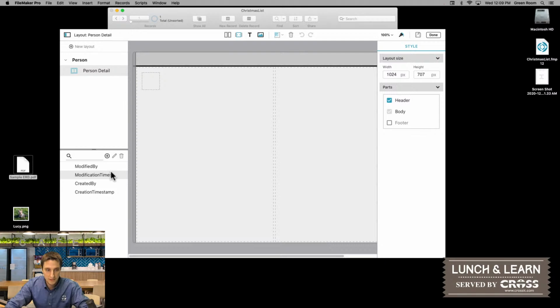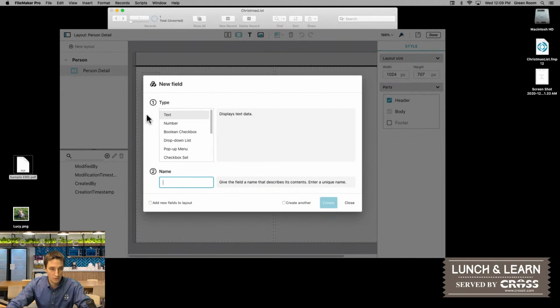I'm going to start on the database side, so I'm going to add fields to our person table. I'm going to click this little plus button, and it'll bring up this field creation interface. FileMaker has, I believe, 6 different data types. We went over some of those in a previous Lunch and Learn. What you'll notice here is that there are more than 6 different options for your type. To make it easier when creating, because the whole point of this interface is to make it easy to create things, FileMaker kind of combines different data types with different